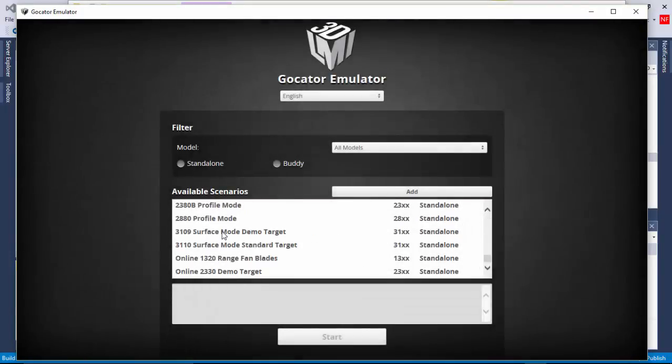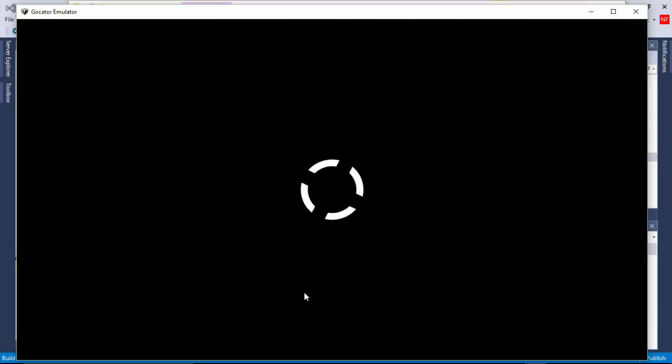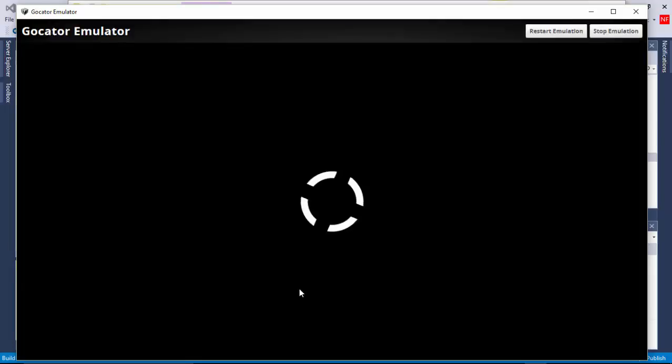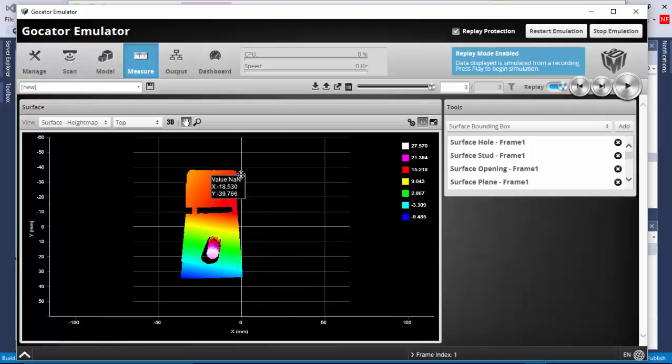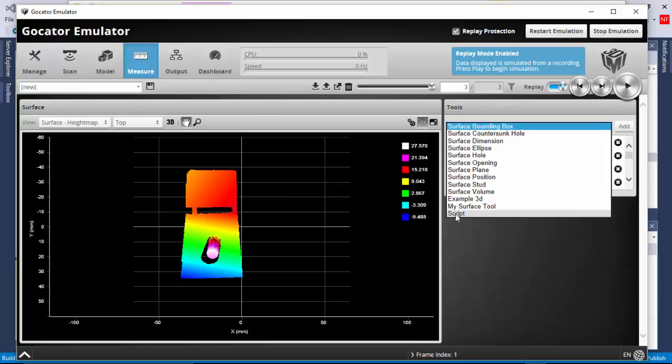Go back into my scenario. So typically you would have your own custom data that you've acquired from a sensor in here, and you're just trying it out with your custom tool. And yeah, sure enough, my surface tool has been renamed now, so it says my surface tool rather than test surface tool, so that compile successfully changed it.